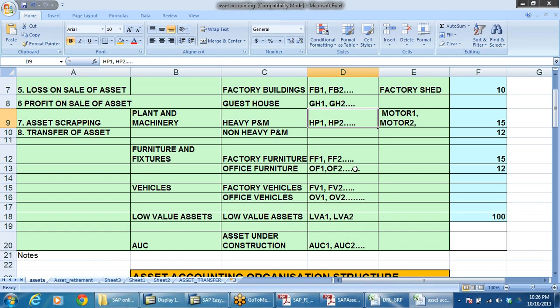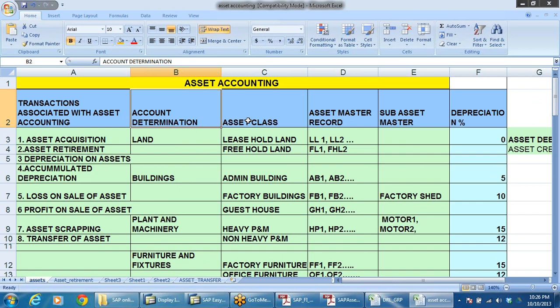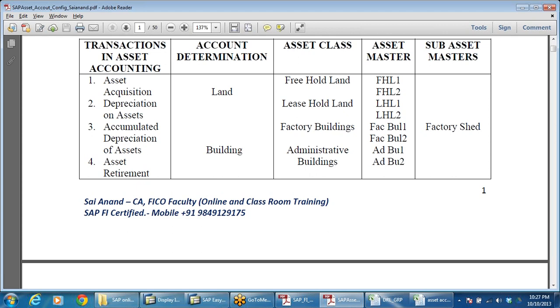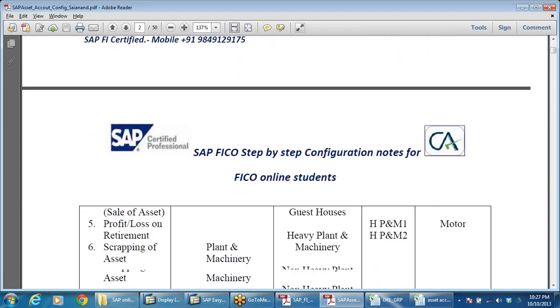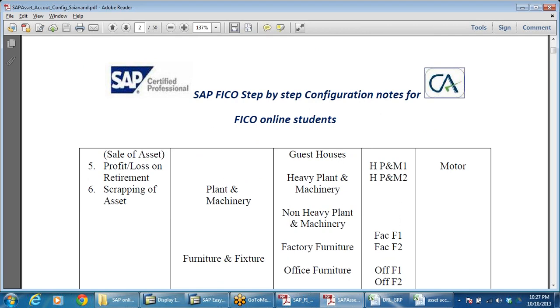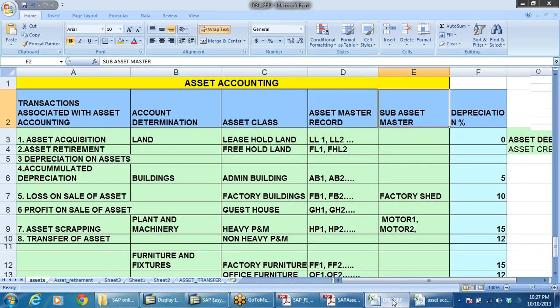Then coming to, right, so account determination, asset class, asset master, sub asset master. You have to have a clear understanding of this classification before we go ahead with the asset configuration. So that's why in the notes it is given, and once the class is over I'll forward this document to all of you. So before we have the next class, right, all of you go through this. Then coming to,